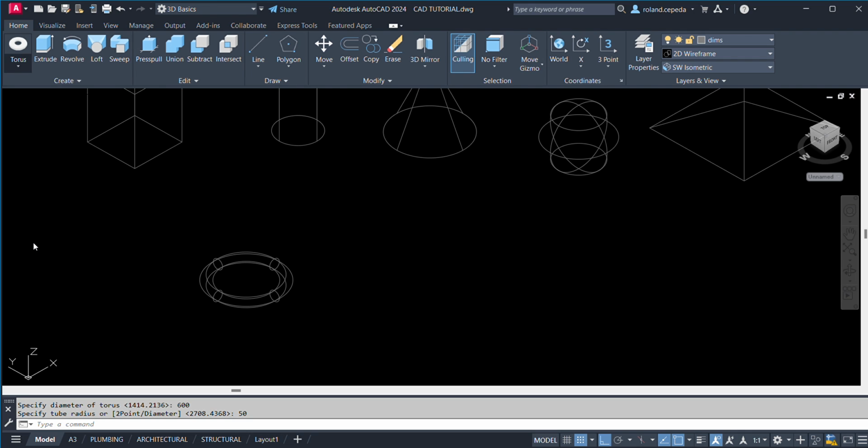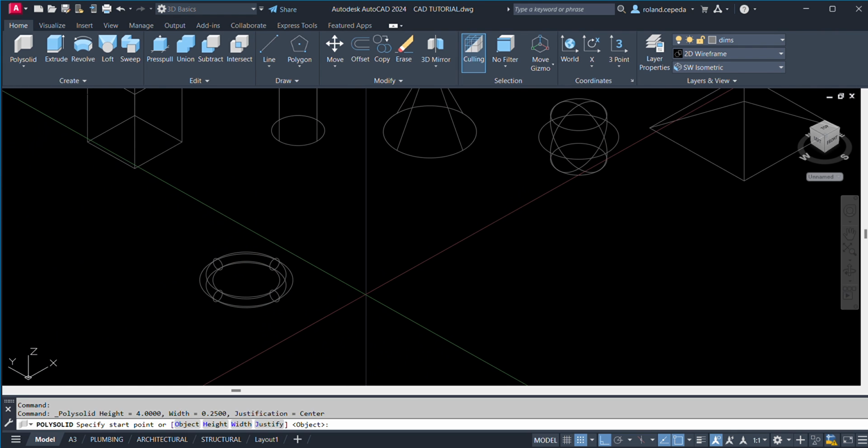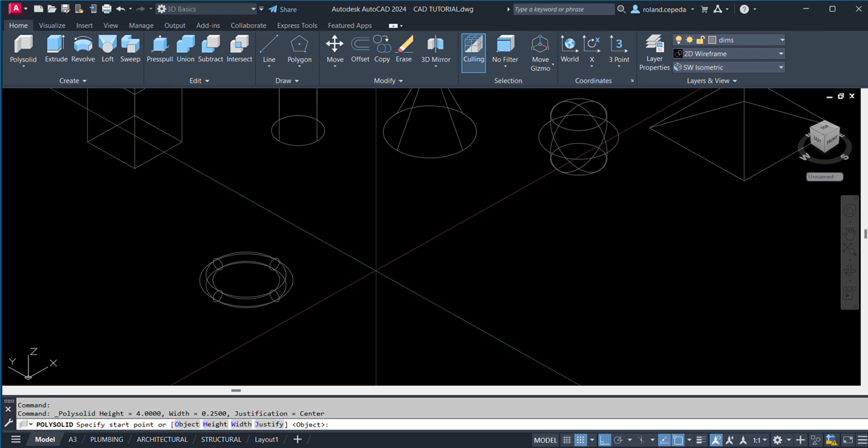So let us try the polysolid. Specify start point or object, height, width, or justify. Let us say the height. Let us click H and then space. Let us input the height. The height should be equivalent to 1 meter, so 1000, space. And then width. Let us click W, then space.